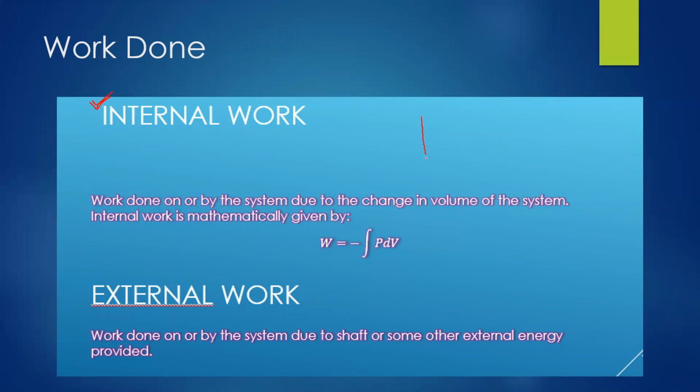So let's say I have my system, which initially has volume V1, and finally its volume changes to V2. Then because of this volume change, whatever work is done by or on the system, that is known as the internal work done. And then external work done is basically work done on or by the system due to some shaft or